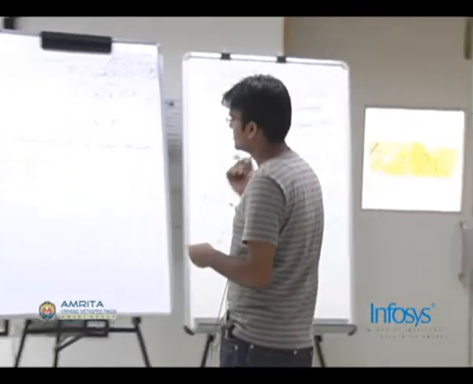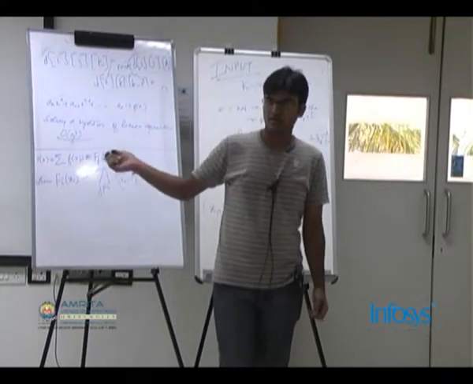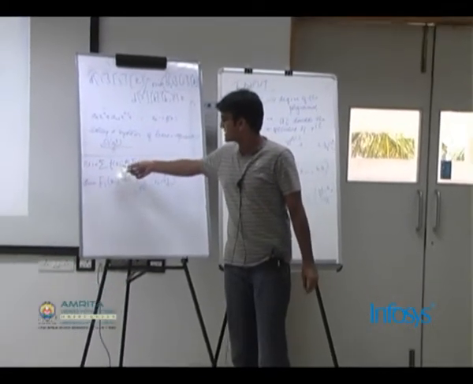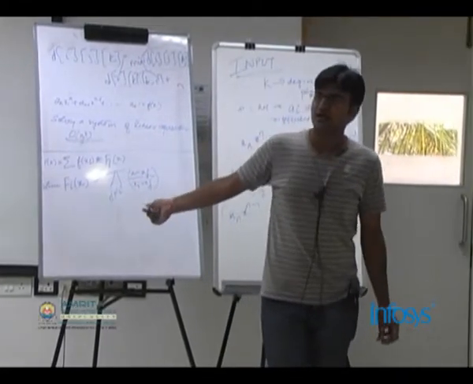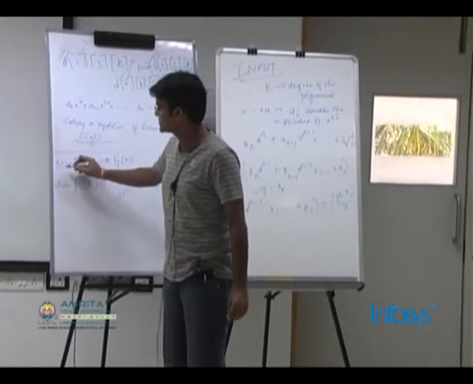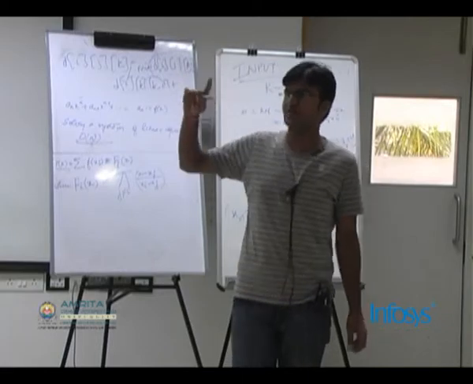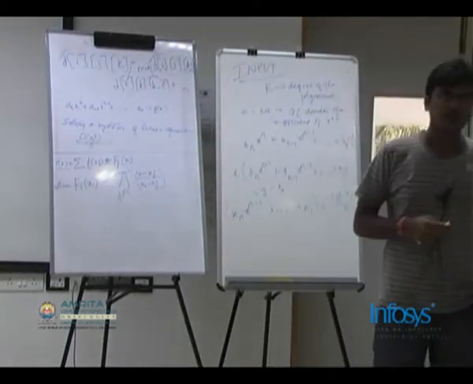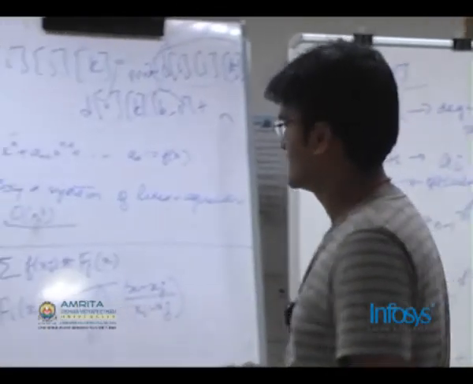He constructs a polynomial. So the polynomial is defined like this. You take the summation of f(xi) into fi(x), where fi(x) is defined like this. Now for whatever x you want the value, you just put it in this polynomial. The value that you get would be the same as the value you would get for that polynomial. There is a proof for that as well, but we won't cover the proof because we also have to cover linear algebra after this.